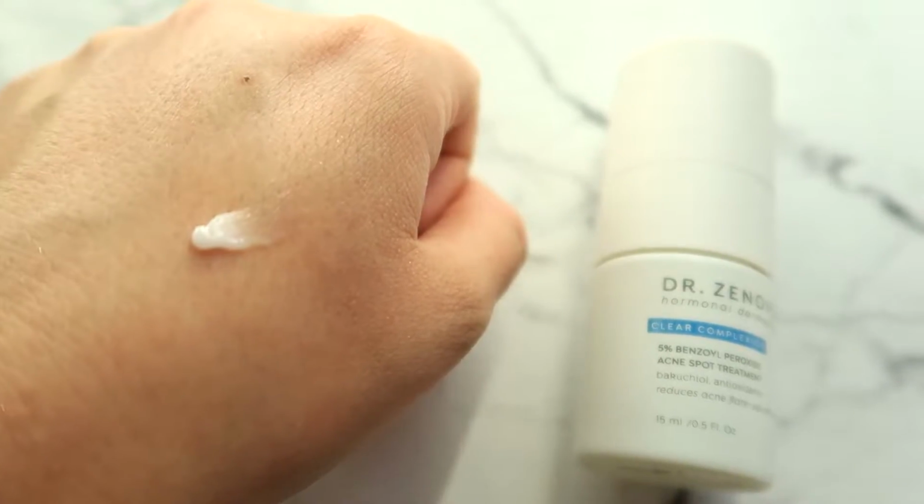But I have tried out the Dr. Zenovia 5% benzoyl peroxide. Again, I am more acne prone, so I'm definitely going to be talking about more acne driven products. And this is a lightweight, antioxidant filled benzoyl peroxide. Benzoyl peroxide kills off the active acne bacteria that's sitting on the surface of the skin. This also has some other properties in it that are going to be more soothing than other benzoyl peroxides,